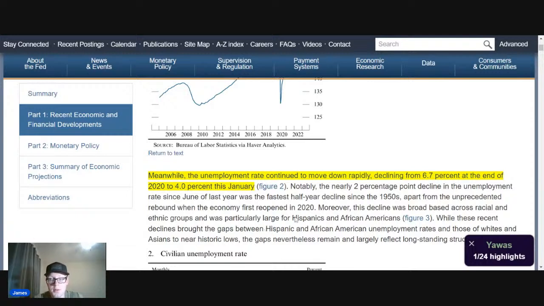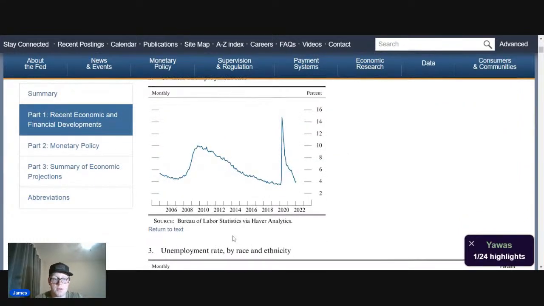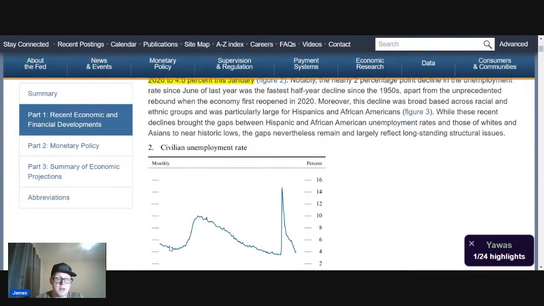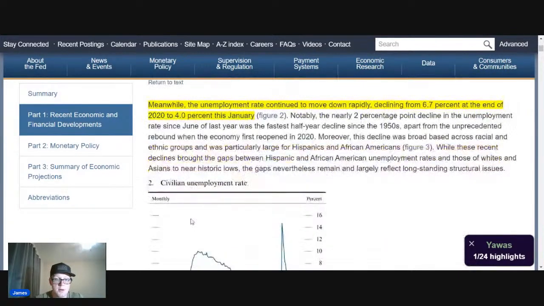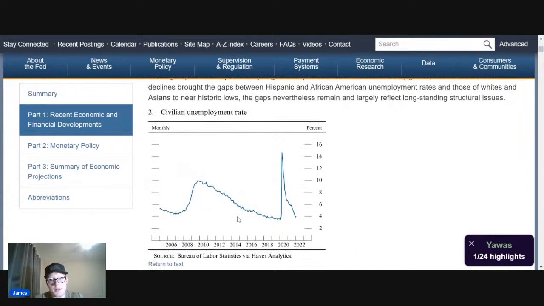So the unemployment rate continued to move down rapidly, declining from 6.7% at the end of 2020 to 4% this past January. And this is the figure right here, which is the civilian unemployment rate. You go up with the GFC recession, basically almost a complete reflection of this one, as you can see, kind of like a little S curve, or you could view it as such, I guess. And then it kind of slowly